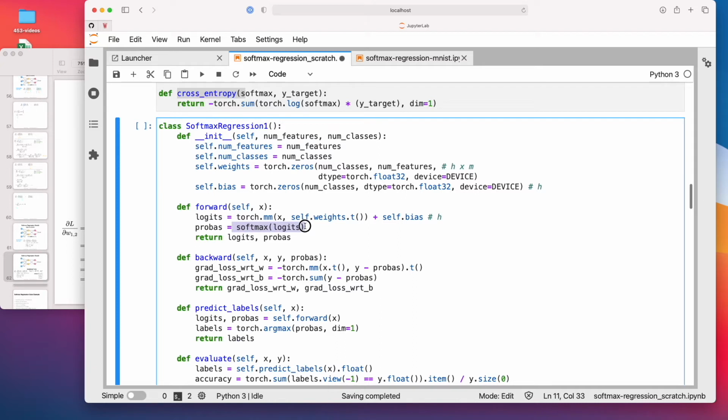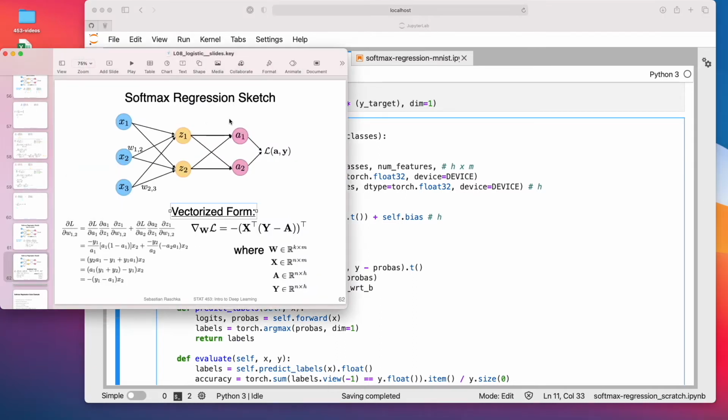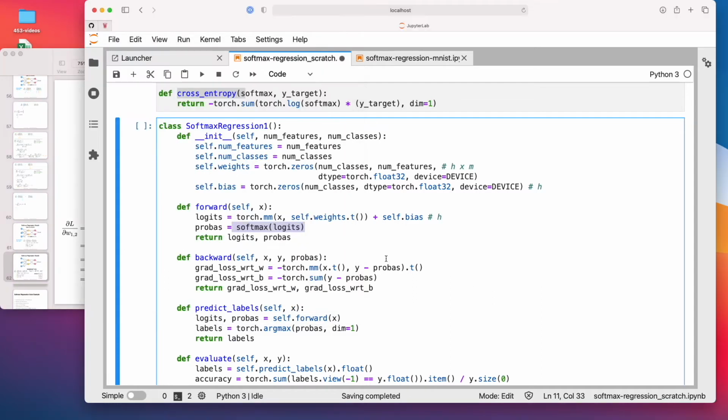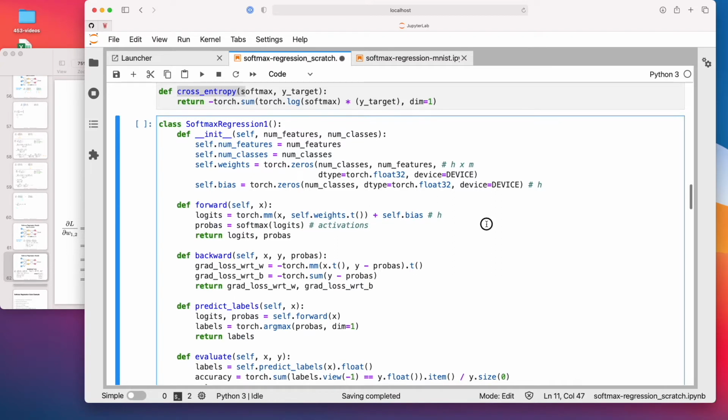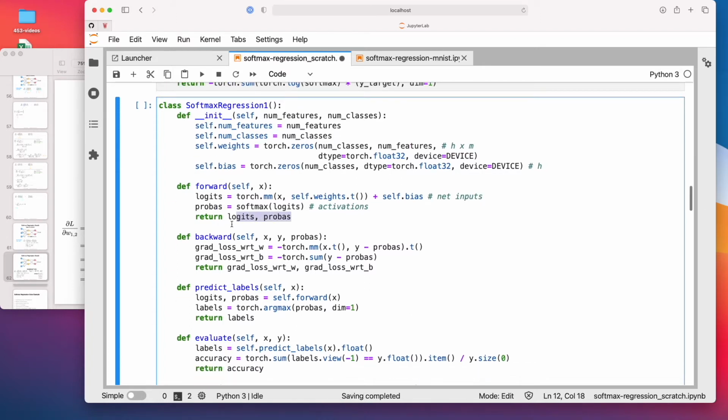Then I'm applying the softmax to get the probabilities. With that I mean these units A1 and A2, our activations. So we can also call them the activations, and these are our net inputs. And I'm returning both here.